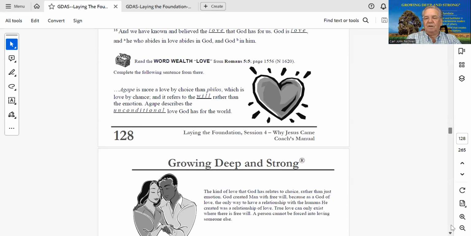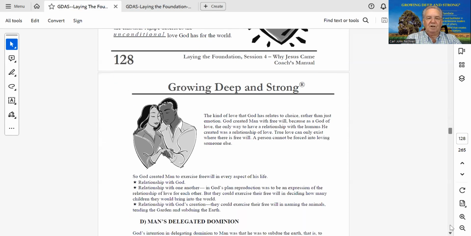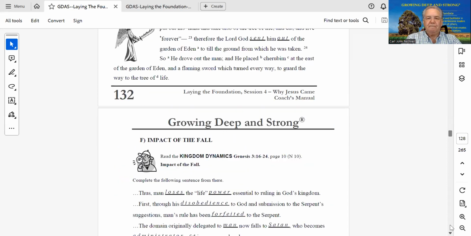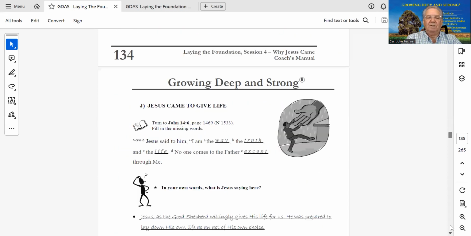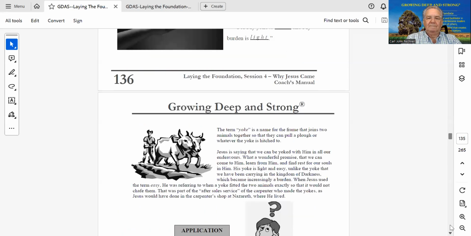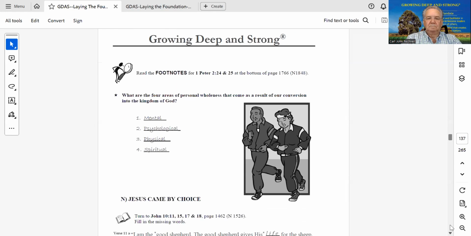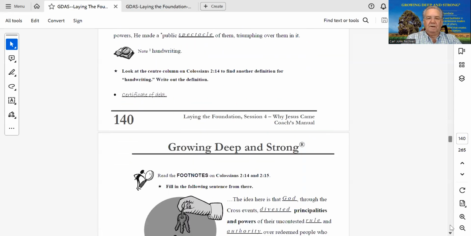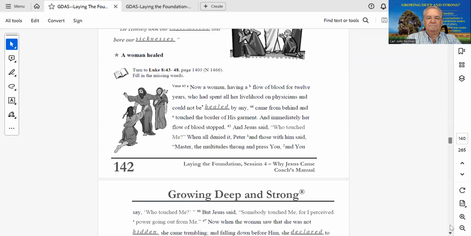There's a whole bunch of features in this Bible which I haven't shown you yet, which I'll come back to in a minute. I just want to go to the end of this section. Okay, where are we?